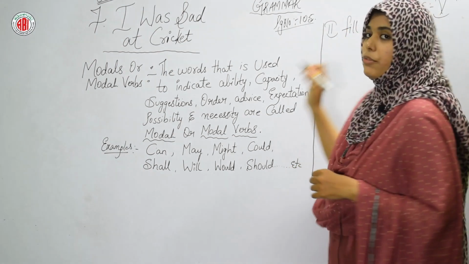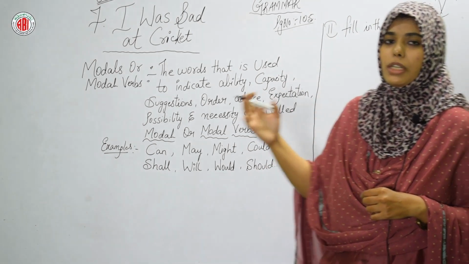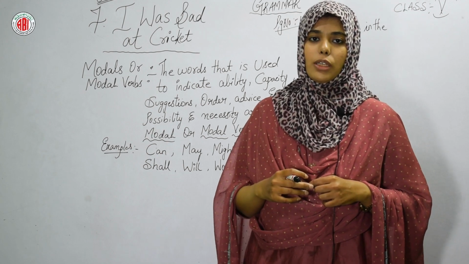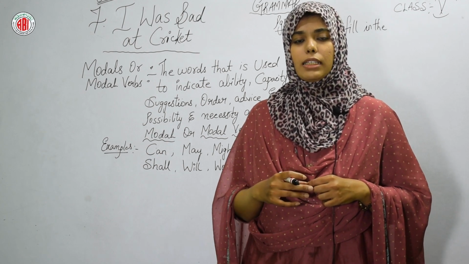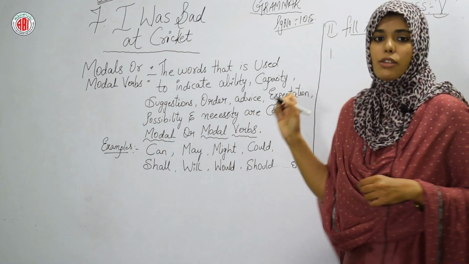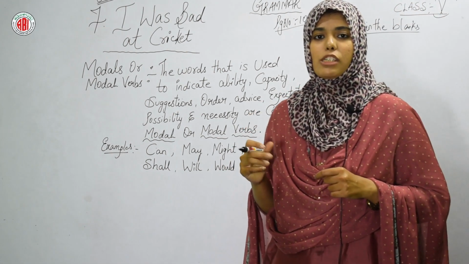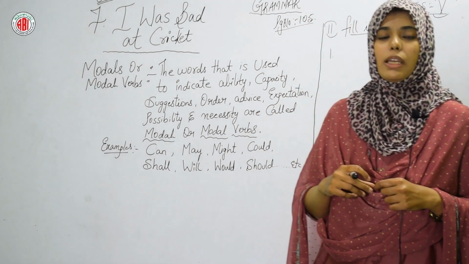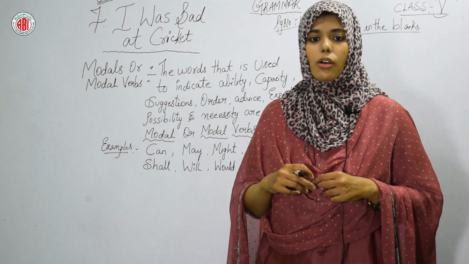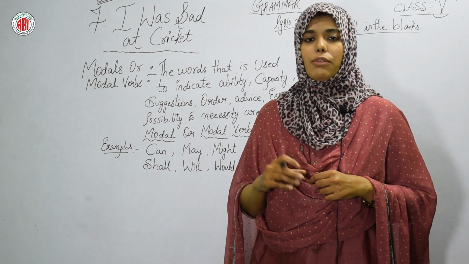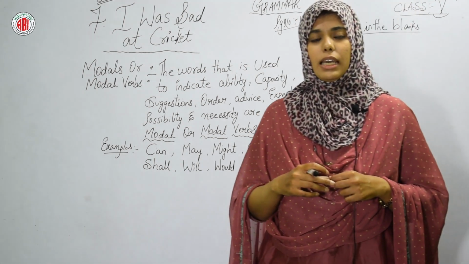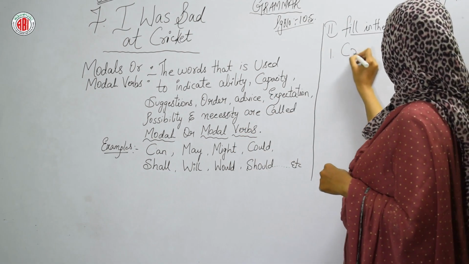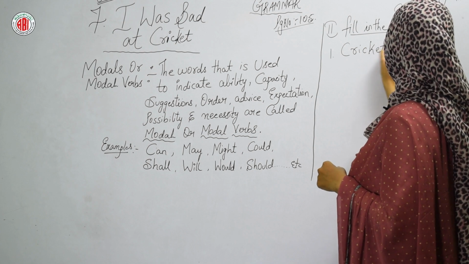As in the last class, we have discussed the story of this Unit 7, so the blanks are going to be completely related to that story only. So it will be easy for us to find the perfect blank. The first one is Bojanic Thanda is famous for dash. This is the name of a village, Bojanic Thanda. This village is famous for cricket, hockey, volleyball. In the story, we have learned in the first paragraph only that this village is famous for cricket. So the first blank is cricket.